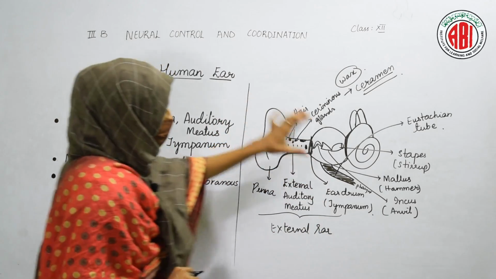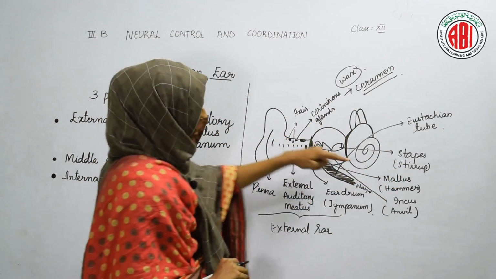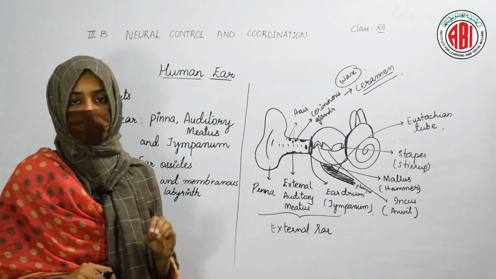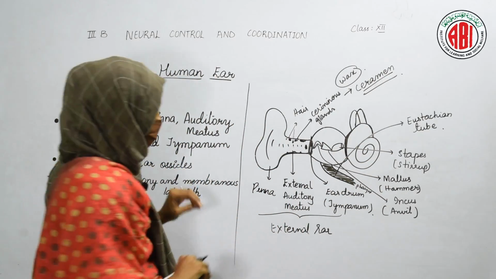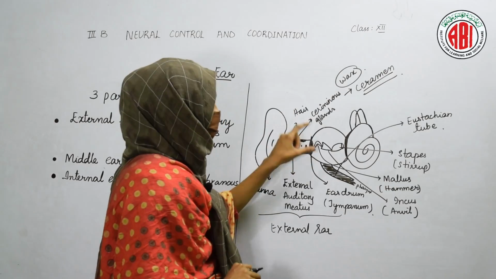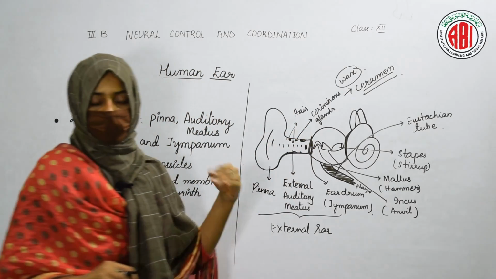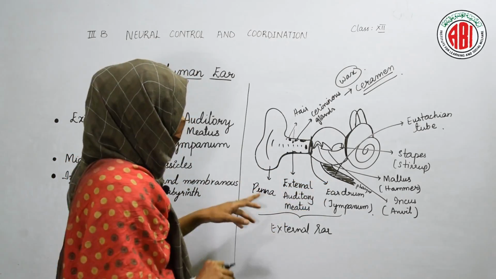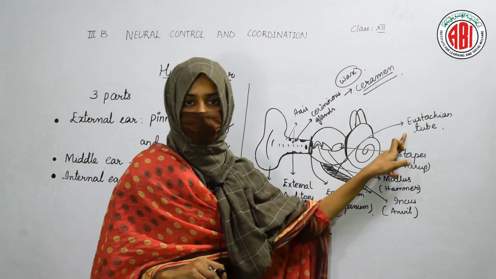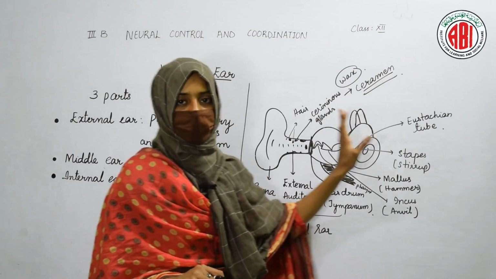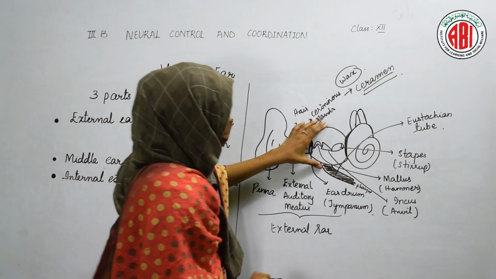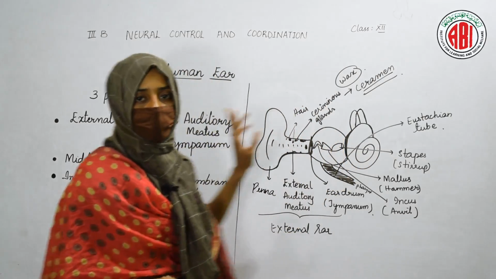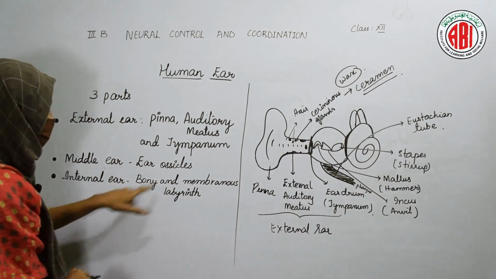So here, external ear shows you the pinna, external auditory meatus, and eardrum, which is also termed tympanum. Middle ear shows the three main bones in it: malleus, incus and stapes. Stapes is the smallest bone found in the human body. Middle ear also shows the extension of one tube, the eustachian tube, which opens into the pharynx. After the middle ear, internal ear is present, and this internal ear shows two main parts, bony and